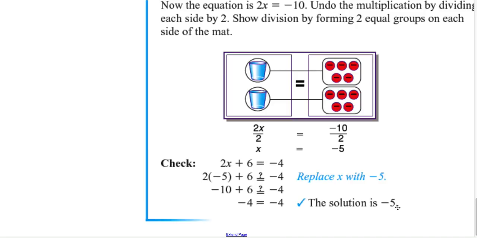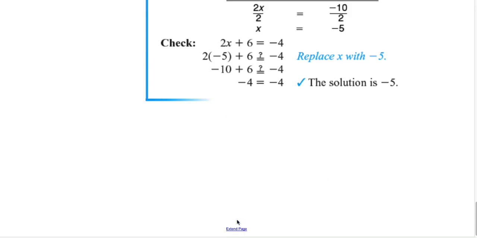So the solution is negative 5. Okay? So let's take a look at some examples which we will solve without using counters. Okay? Let's say you have 3x plus 2